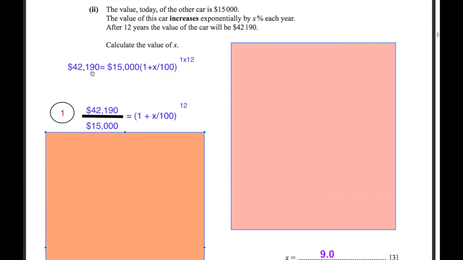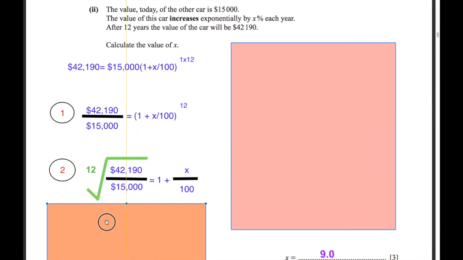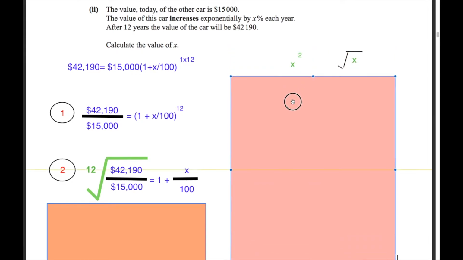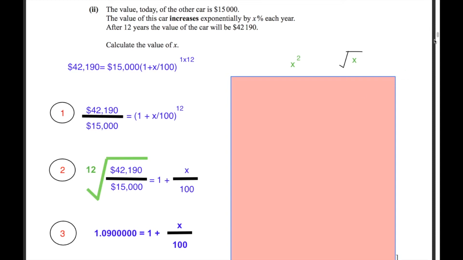Move this one there, so it becomes division, which is the opposite operation. We have this 12 right here. It's to the power of 12, right? So if we want to move it to the other side, it's going to be the 12th root. Just like X squared, the opposite of it would be the square root of X, or X cubed, you will have the cubic root, right? So we have this, and you place it into your calculator. You will end up with